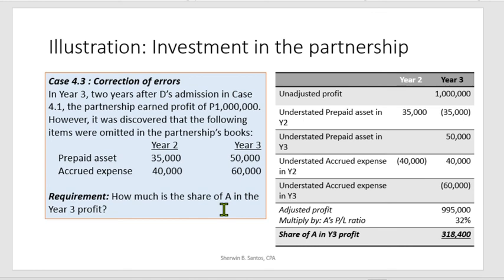So, if medyo nalito ka on the items related to prior period error, counterbalancing errors, you have to refer to the chapter Intermediate Accounting 3 related to the prior period errors, especially the counterbalancing errors, para mas maintindihan mo ito. But my explanation, I think, will guide you as reference in analyzing these investments.